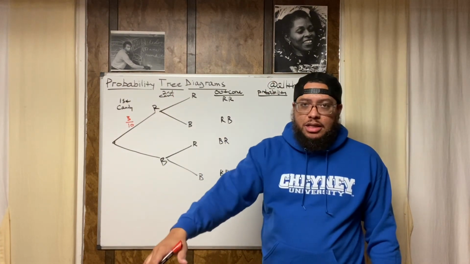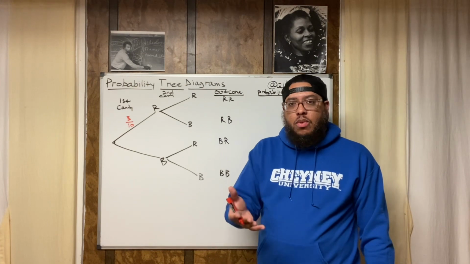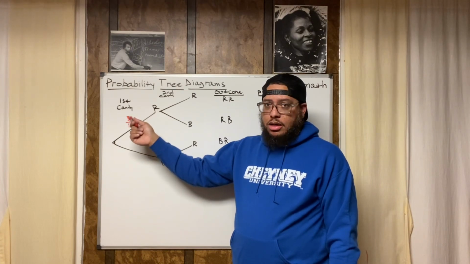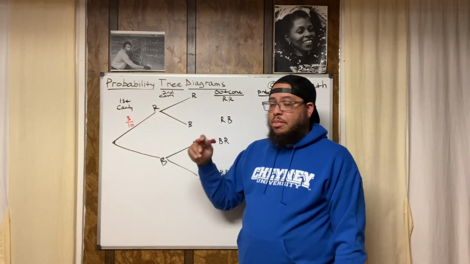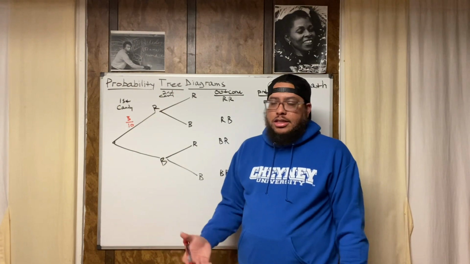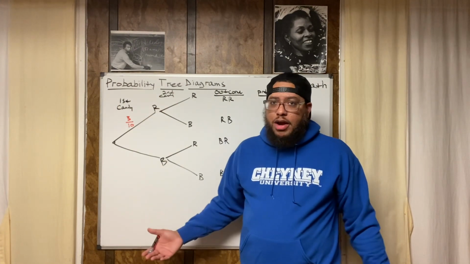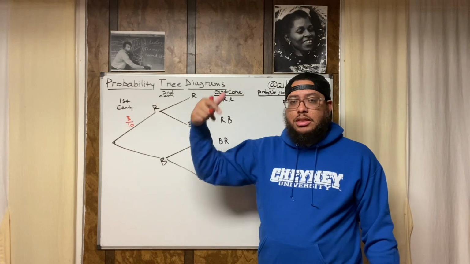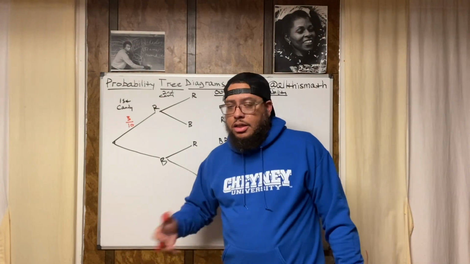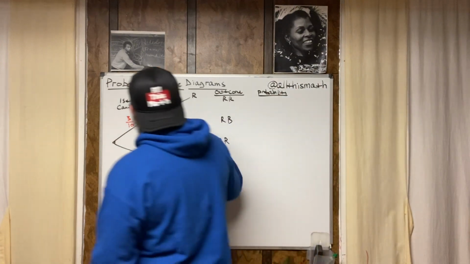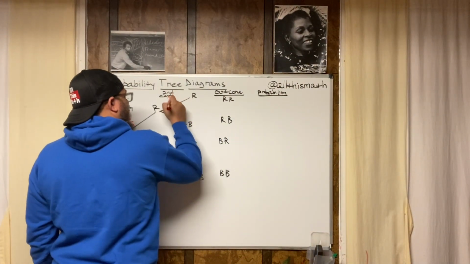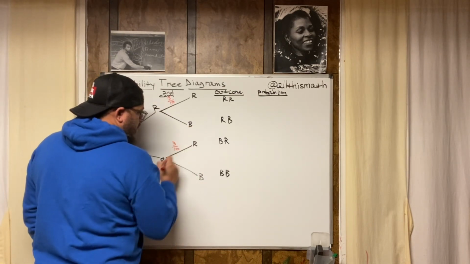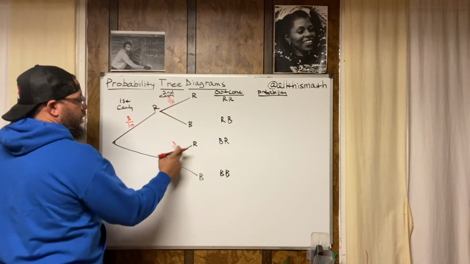But because she's replacing every piece of candy, the probability is not going to change. If she takes out a red piece of candy when it was 10 pieces altogether and 3 pieces of red candy, and then puts it back, now how many pieces of candy are there? It's still 10 pieces of candy altogether, and it's still 3 red pieces. So the probability is still 3/10. So you're going to write 3/10 for this problem because in this problem, she's replacing the candy. She's not eating it. She's putting it back. So we're going to put 3/10 again. And wherever you see an outcome of a red candy, we might as well just put 3/10 because that's not going to change. So here, here, and here, 3/10.